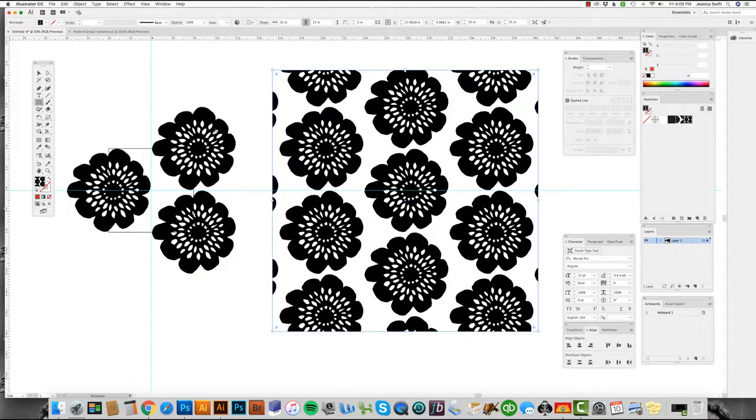automatically. So that is pretty handy. CS6 and all the most recent versions of the Creative Cloud Illustrator all work this way. Earlier versions of Illustrator, like CS5, CS4, anything earlier than that, you do not have this option for Illustrator to know to lay out your half drop patterns in this formation,